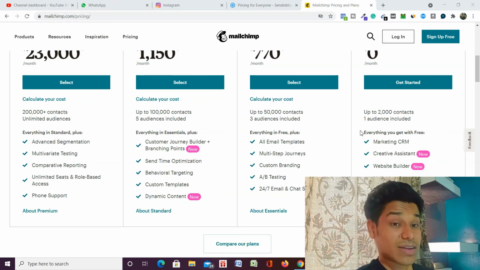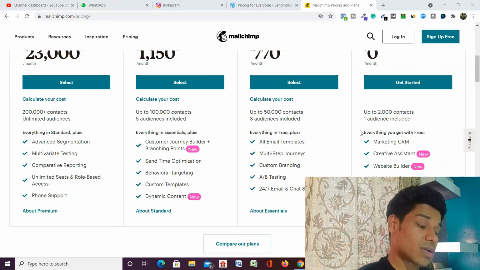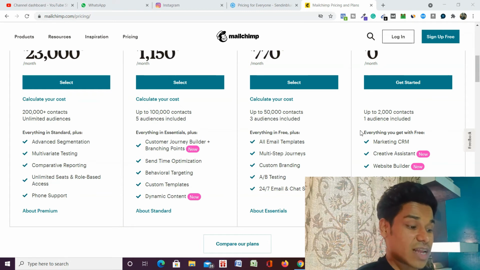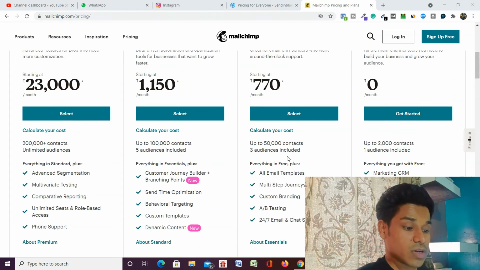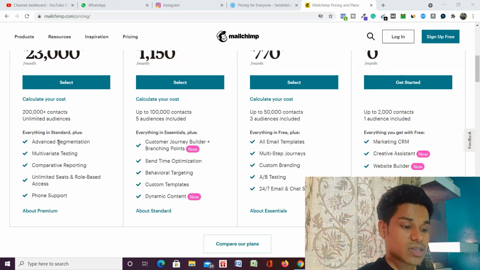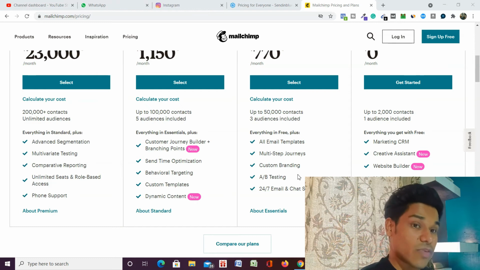If you go with Sendinblue, there you will find a lot more functionality. There is no limit in terms of audience, there is no limit in terms of contacts. They are providing advanced segmentation in the premium one, but you will get it in the free one too. They have a limit, but you will get that in the free one. You will get reporting, sending optimization. You will get customer support, not 24 hours, but they will provide it in the free version as well.